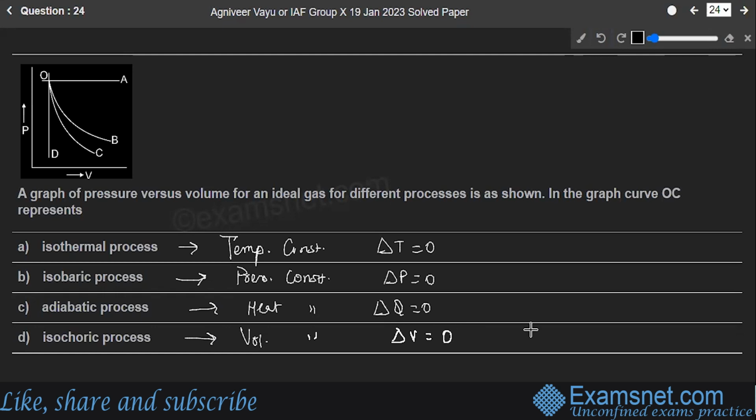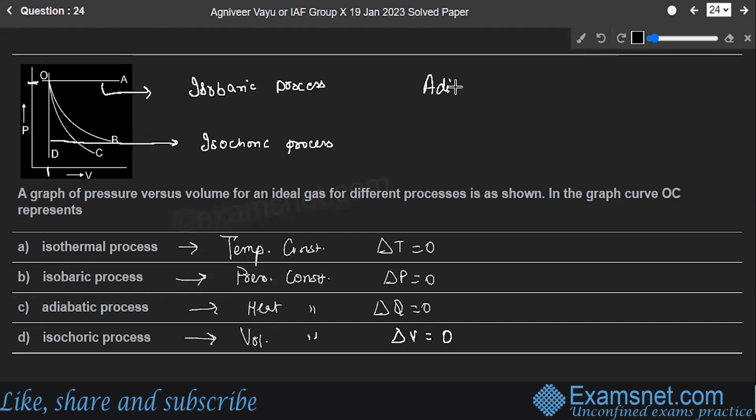Okay. Now, see, if I'm looking at the graph, then for curve OA, the pressure is constant. So definitely this is the isobaric. This represents isobaric process. Here in OD, the volume remains constant. So that means it's isochoric process. Right? Now, if I move to the curve OB and OC, in both the processes of expansion and contraction, always